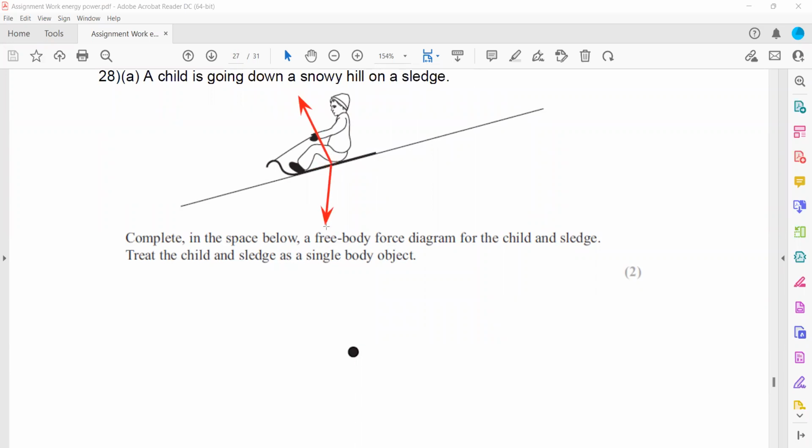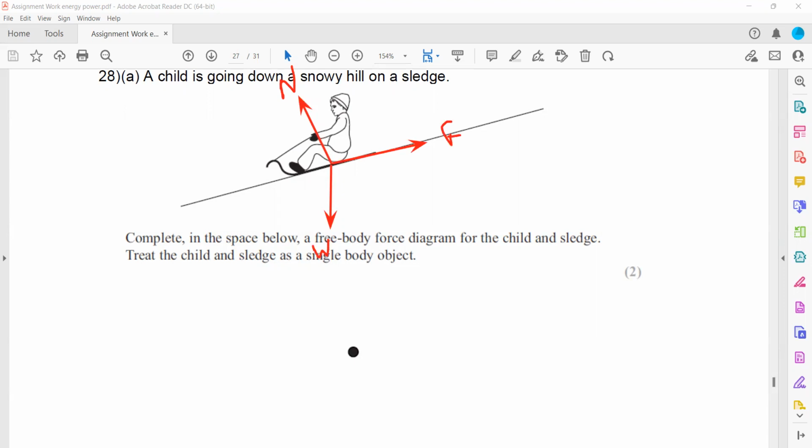The weight of an object is acting downward. And as there will be an opposite direction to the motion, there will be friction. So friction tries to resist the motion of an object. So vertically upward, this will be a normal contact force. This will be the weight of the object, and this one is friction, or you can also say drag